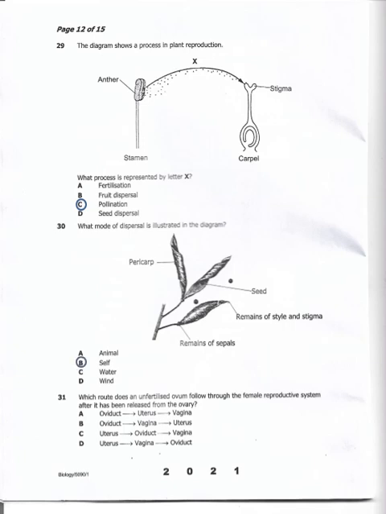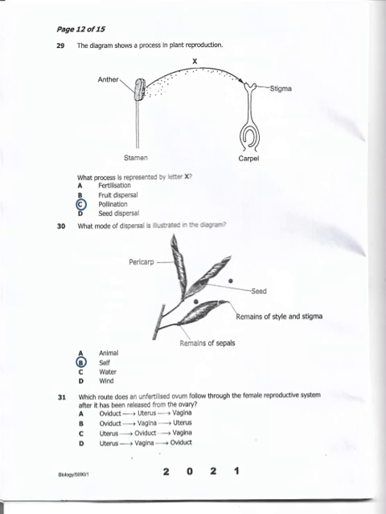31. Which route does an unfertilized ovum follow through the female reproductive system after it has been released from the ovary? So here we are talking about